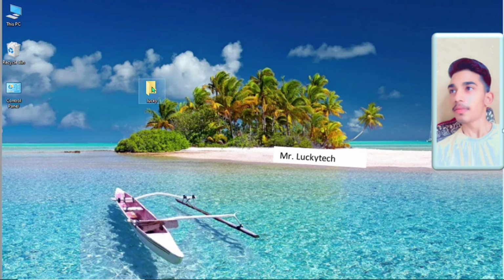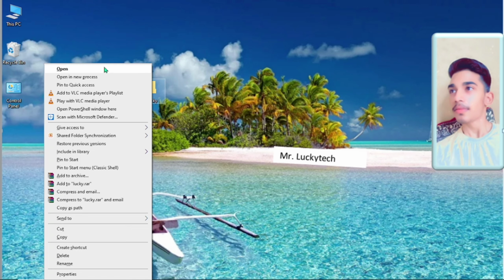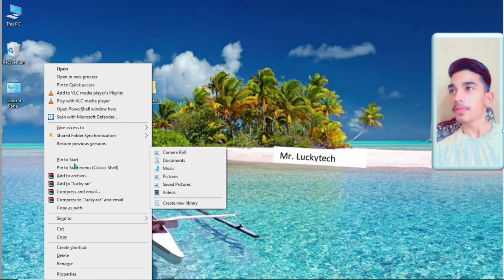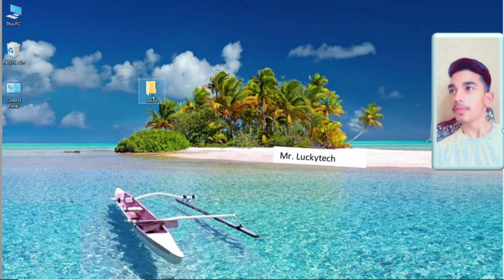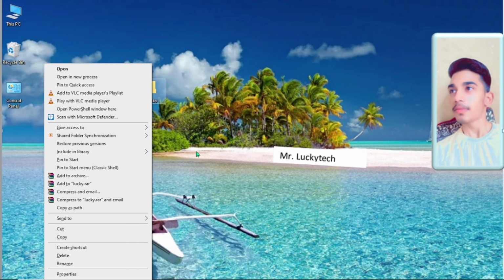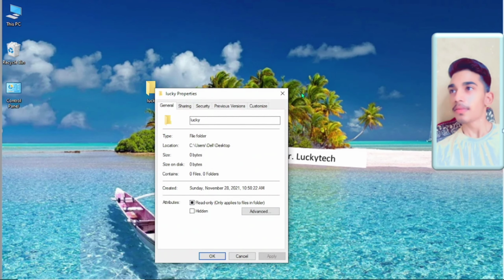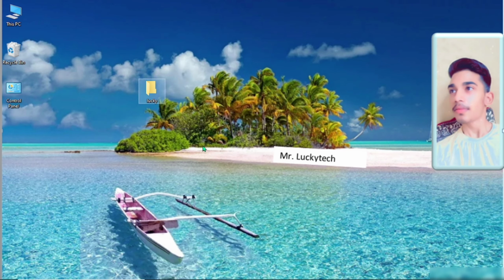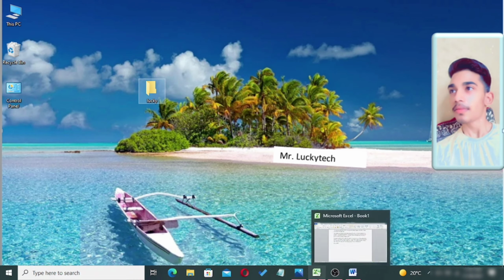If I don't use the mouse and use the keyboard by pressing shift plus F10, then you will see that right click menu has opened. So with this also, by pressing shift plus F10 we can open our right click menu and see its properties, all things.